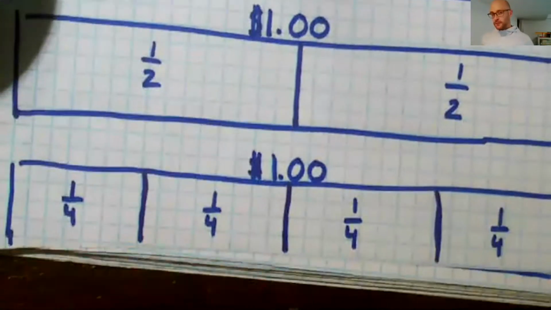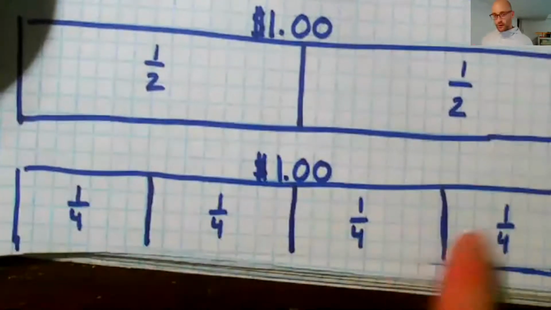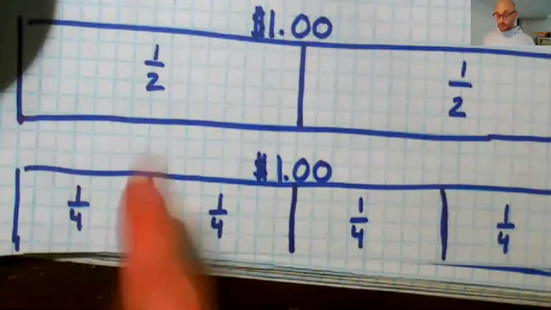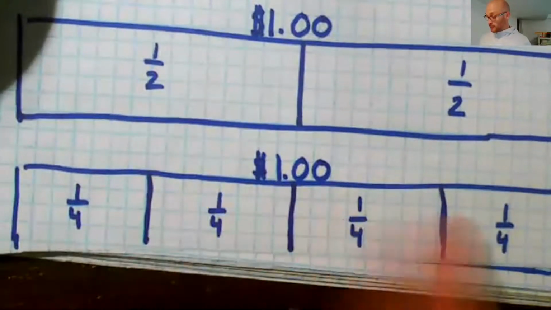And this might be another one. I'm just going to skip this one. I want you to think about it. Do you know 4 of something that equal $1 exactly? I think you might. So what I'd like you to do is use your coins and put them, maybe 1